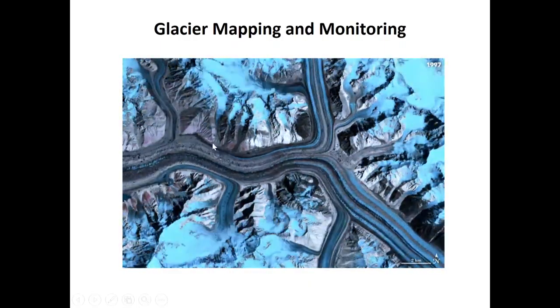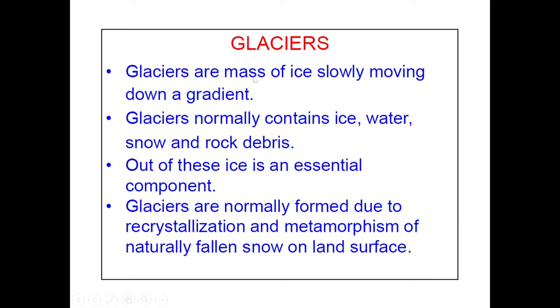So what is it? It is a glacier. Glaciers are masses of ice slowly moving down a gradient. Glaciers normally contain ice, water, snow, and rock, everything, including debris present over these glaciers. Out of these, ice is the essential component, and glaciers are normally formed due to recrystallization and metamorphism of